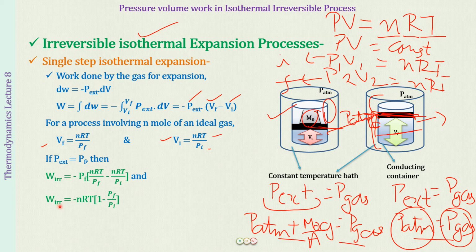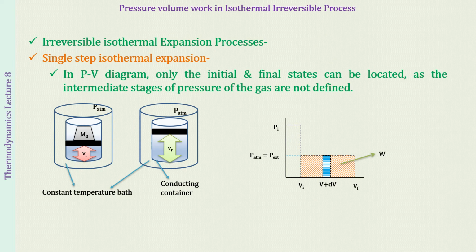Okay, I hope this is all very clear to you, no confusions. So this is one expression we have for irreversible isothermal work in case the pressures and temperature are given to you, and this is the expression that we have when the external pressure and the volume are given to you. Okay, clear? Good enough. So now let us talk about the PV diagram for the process.